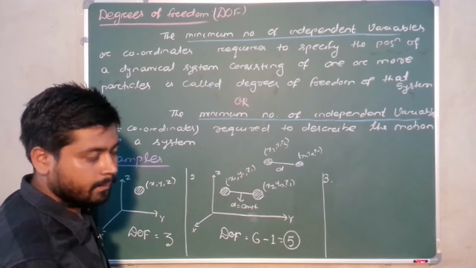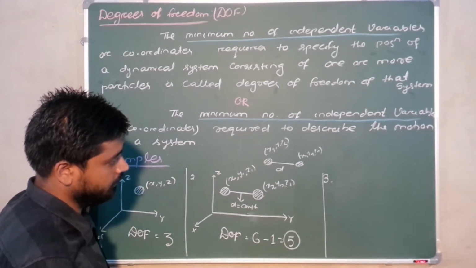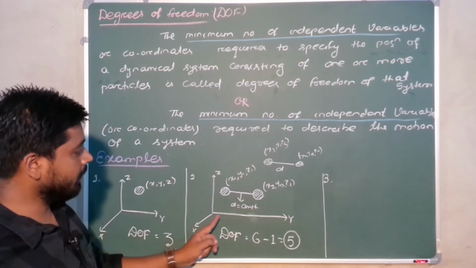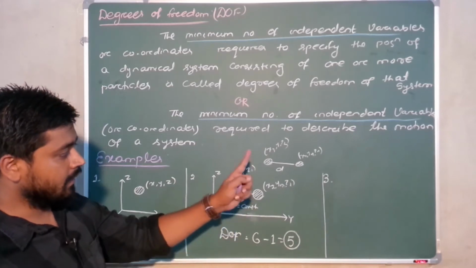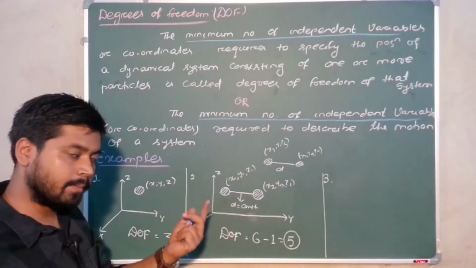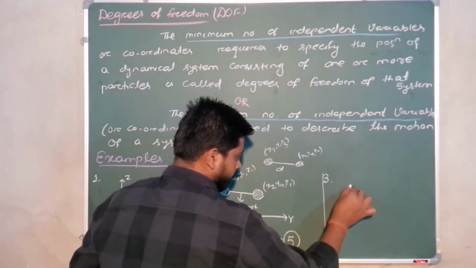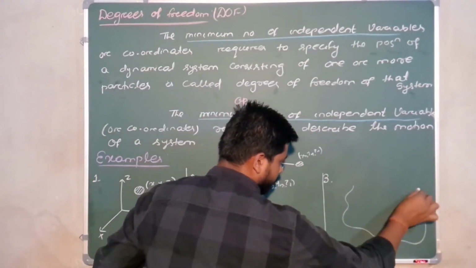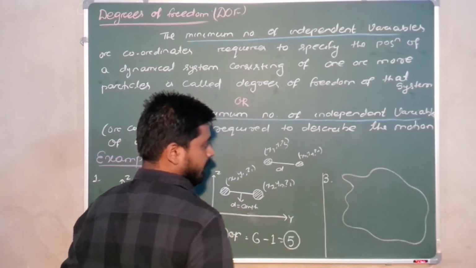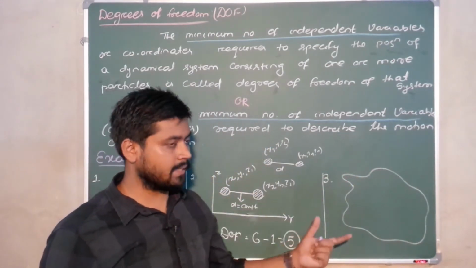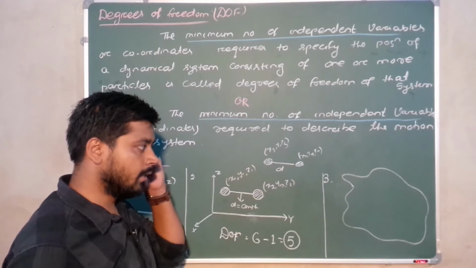Okay, then let's take the third one: the concept of the rigid body. First we take one body, then we take two bodies or two particles, then the third we have to take is three bodies or three particles. This leads to the rigid body concept. Let us take a rigid body. We all know the definition of a rigid body.